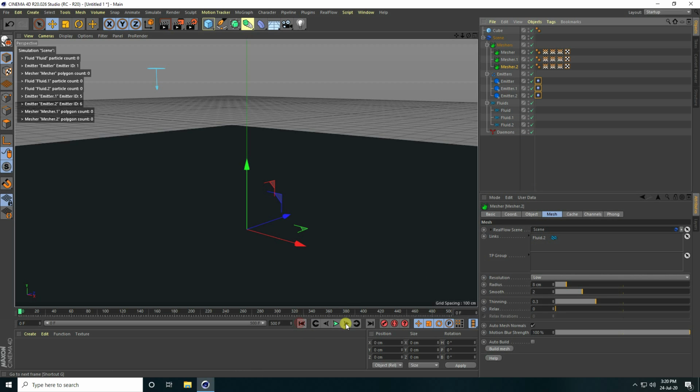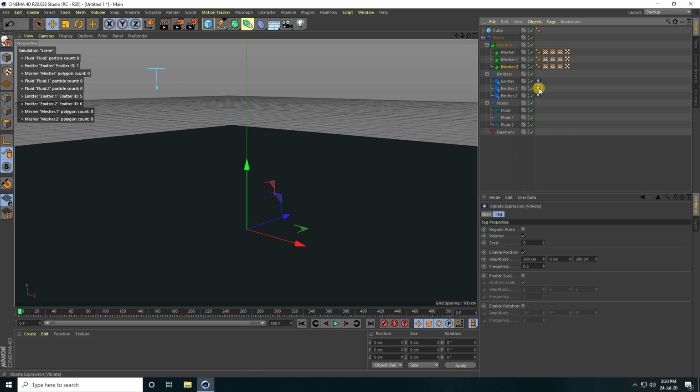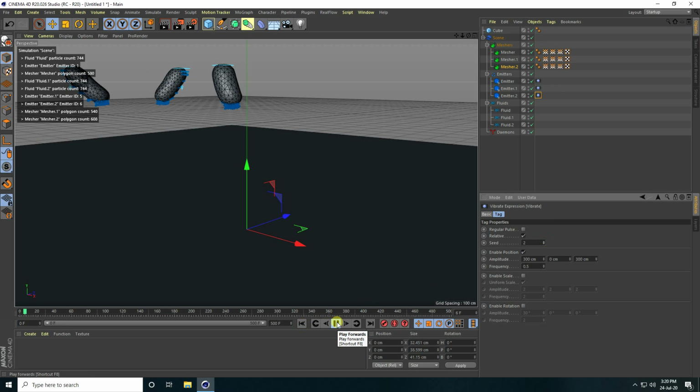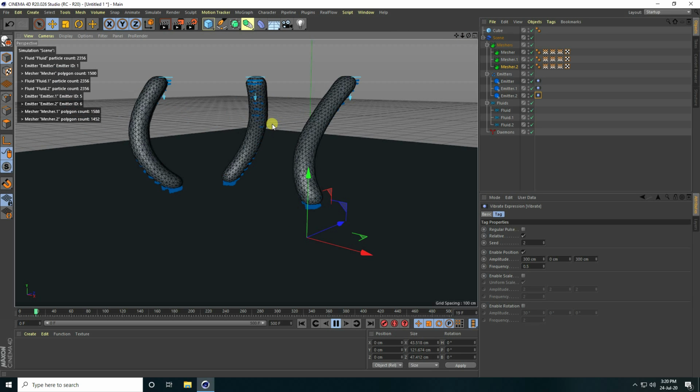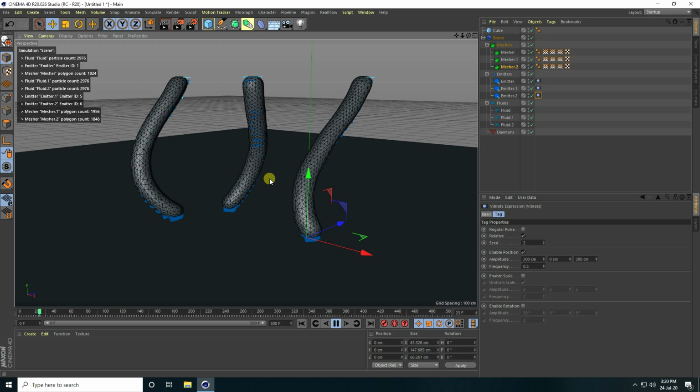Right? Okay, so guys, play. Yeah, and now guys, I change only the seed, so that's my vibrator tag, and change seed like this, 1 and 2. Yeah, and play. Yes, see guys, that's my smooth animation, right?